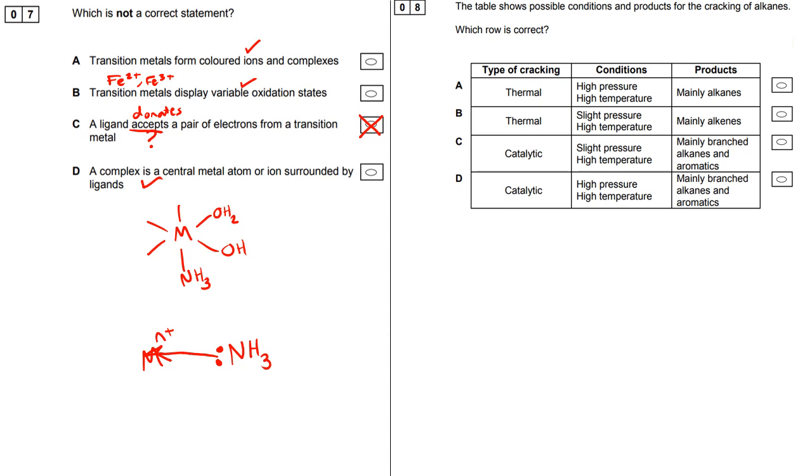Question number 8. The table shows possible conditions and products for the cracking of alkanes. So you do need to know two different types of cracking, which we can see in this table here. There is thermal cracking and there is catalytic cracking. So this is just some information that you do have to learn. Thermal cracking, the conditions for this is high temperature, high pressure, and thermal cracking will produce mainly alkenes